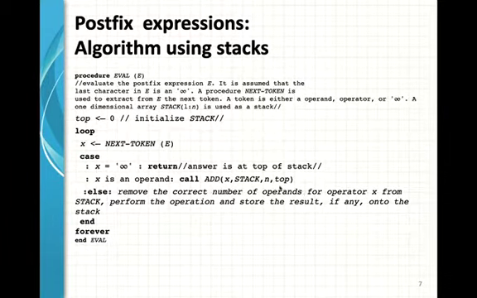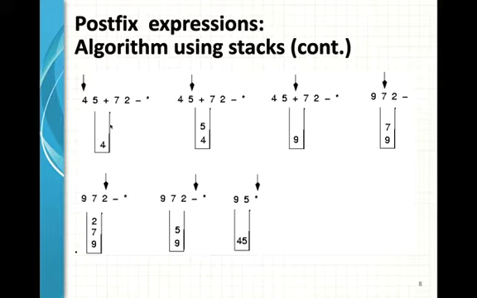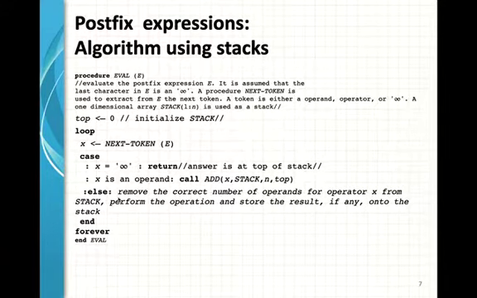So from this line we are going slightly to the next slide. Take a look here. Here is some pictorial representation of the algorithm. If the pointer or next token extracts an operand, 4 is an operand, then what to do? It should be put in the stack. That is, it was the empty stack, and now 4 is in the stack. Okay, then again go to our algorithm.